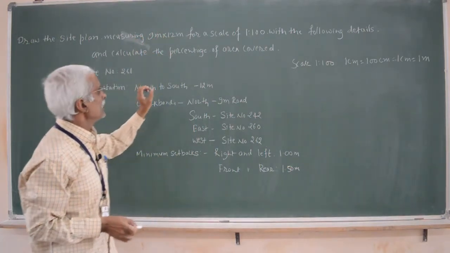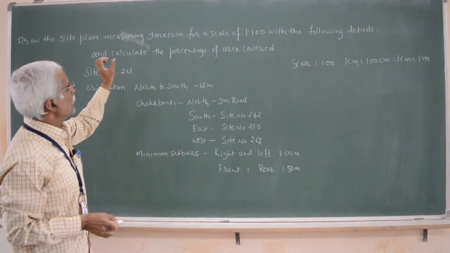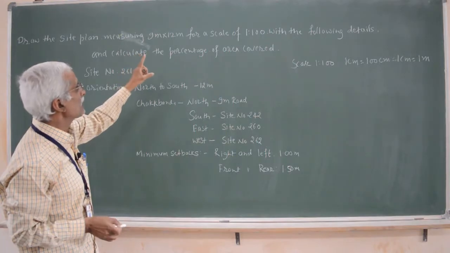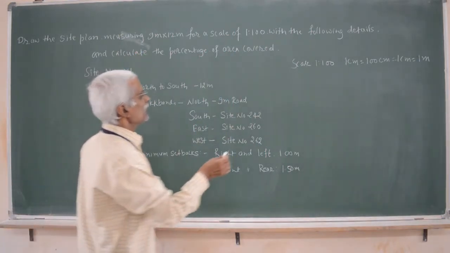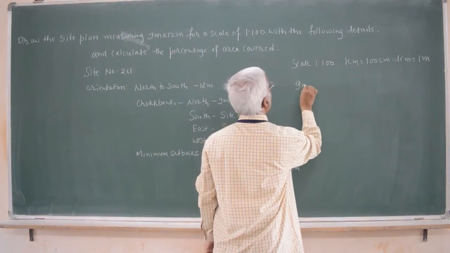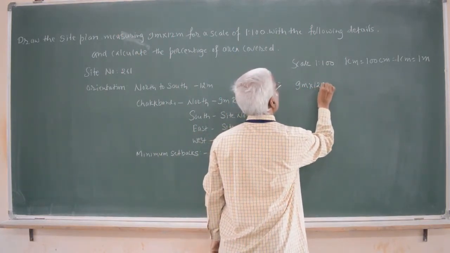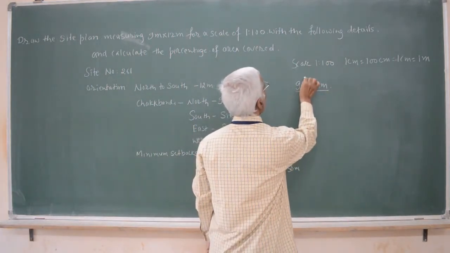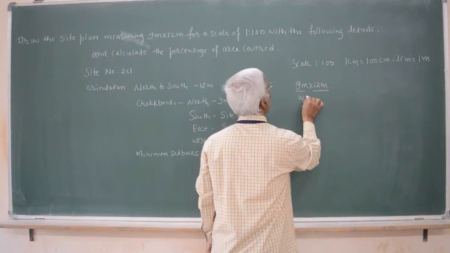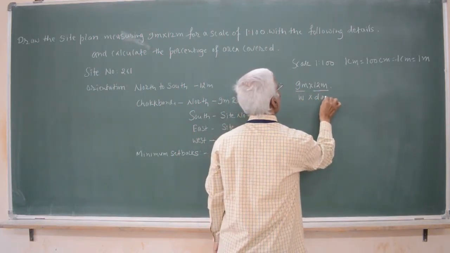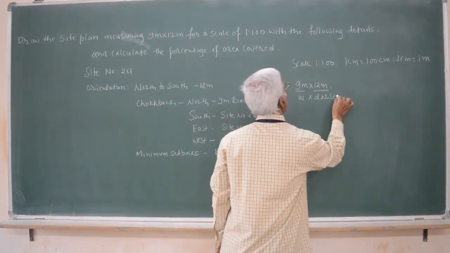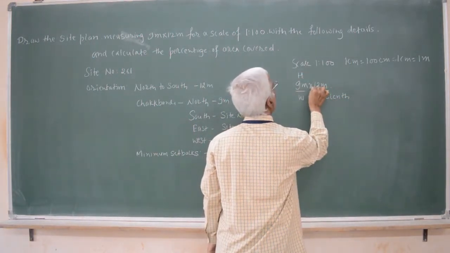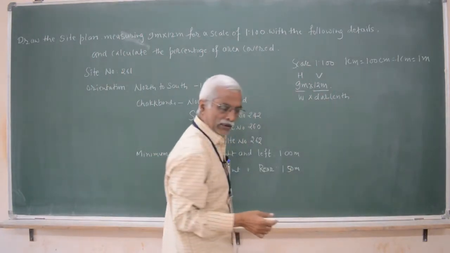But the question arises, which is the horizontal and which is the vertical dimension, which is the width and which is the depth or the length. Here in civil engineering, 9 meter by 12 meter, this is your site. In civil engineering, the first figure is always width and the second figure is depth or length. That means 9 meter is horizontal and 12 meter is vertical.